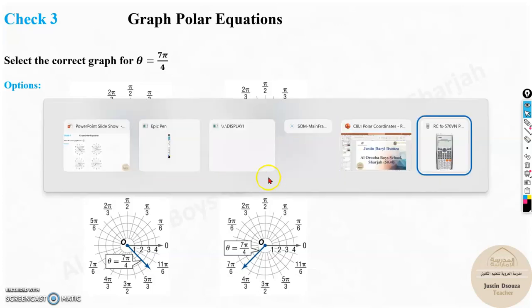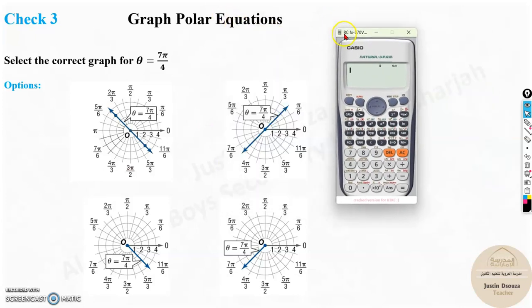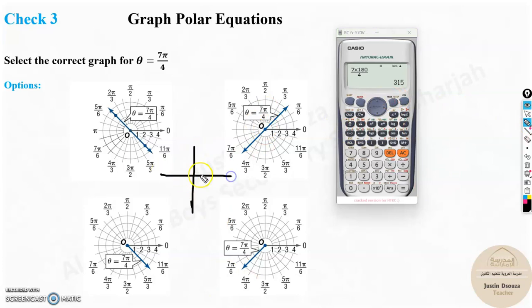Now let's do it together over here. Take out your calculator and find the degree. This is radians to degrees. So instead of pi, we just put 180 divided by 4. It is 315 degrees. So now 315 would mean, let me just draw over here, 90, 180, 270, and now